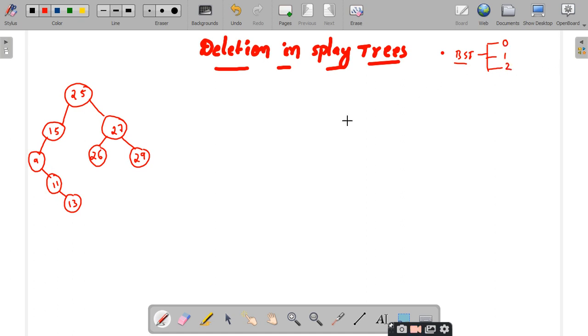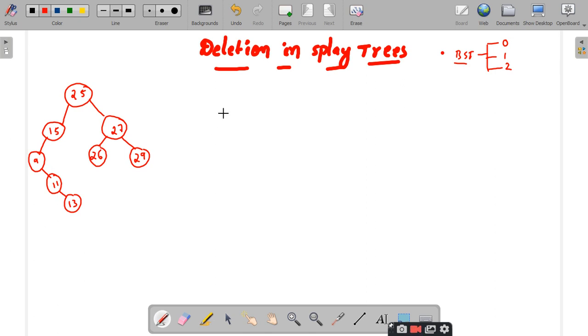The same thing happens in this splay tree also, but once you delete, you have to perform the splay of its parent. Remember, till now whenever your search is successful, you are splaying the same element. Whenever you insert an element, you are splaying the same element. But here once you delete the element, that element is not present in the splay tree in order to splay it, so you have to splay the parent of the node which you have deleted. This is very simple, right?